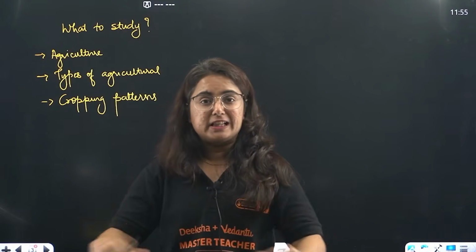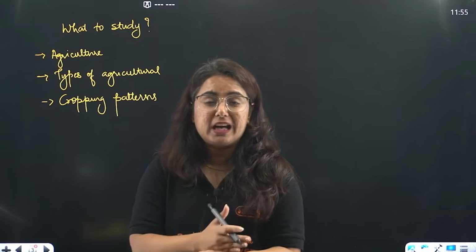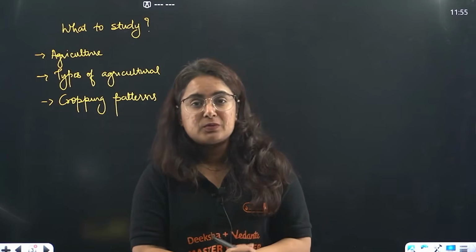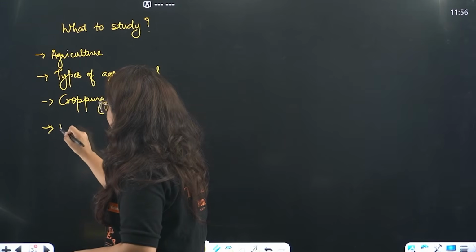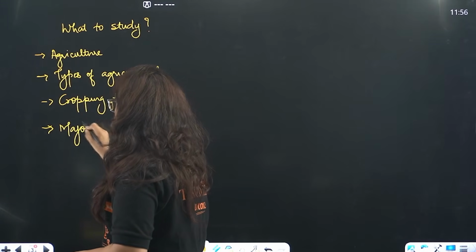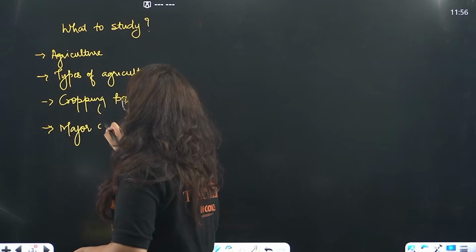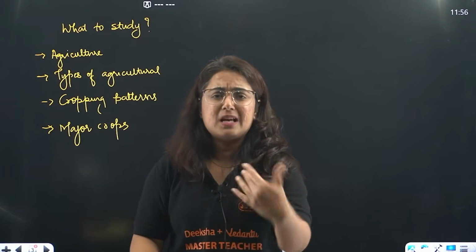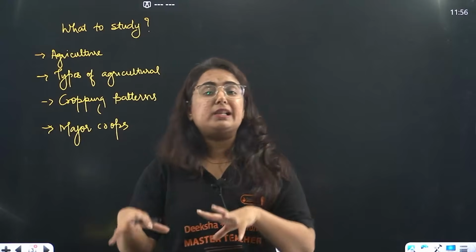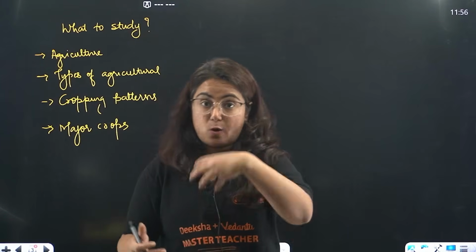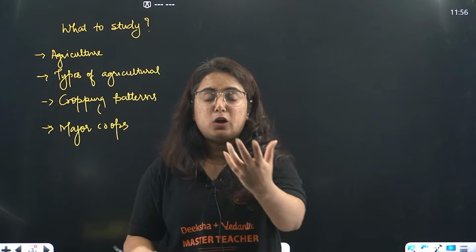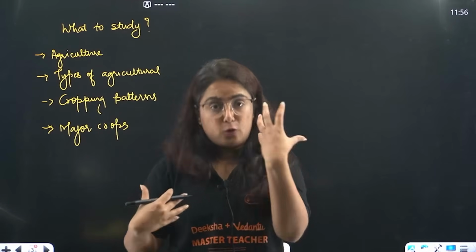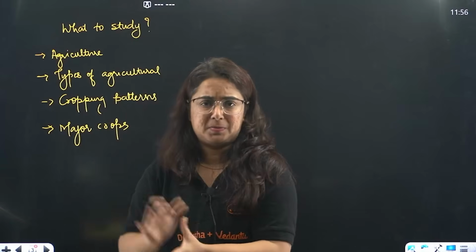Don't worry if you are not able to understand, because we are just discussing what we have to study in this chapter. The chapter will take you directly then to the major crops. Here there are basically food crops like wheat, paddy, maize, millets, etc. Then we will deal with certain non-food crops like oil seeds. There are a lot of oil seeds grown, and different oils are used in India for cooking and for multiple purposes too.